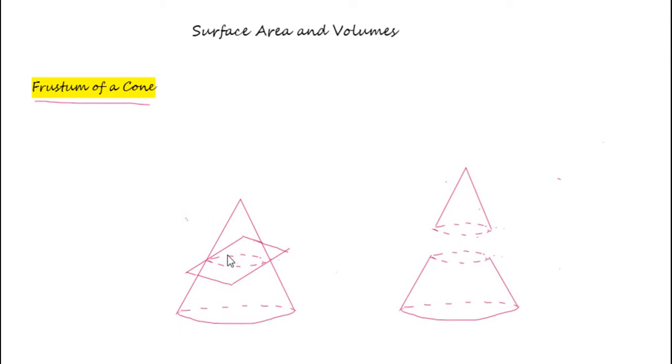Here we are going to try something different. We will take a right circular cone and remove a portion of that. Let us take this right circular cone and cut it with a plane parallel to its base. If you cut this circular cone using this plane, you will get two pieces. The top piece is still a right circular cone, but of course much smaller than the original cone. This piece of solid is known as the frustum of a cone. This is the frustum.